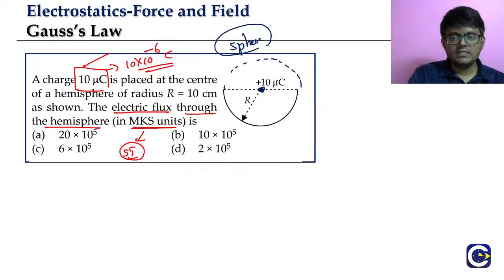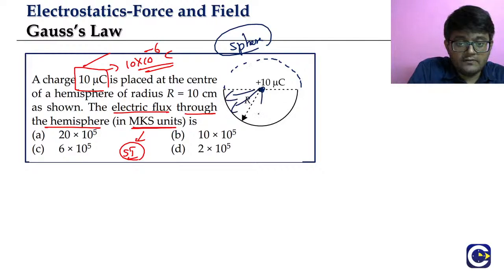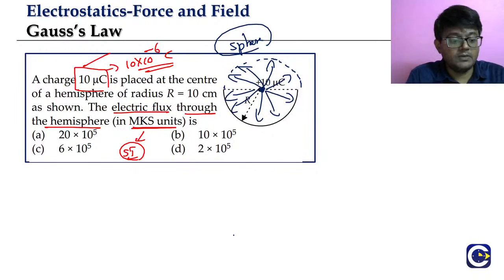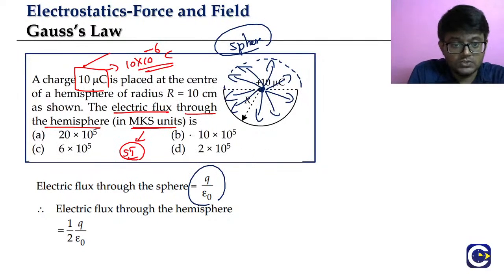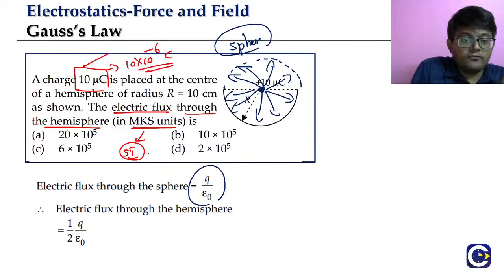இப்ப பாருங்க, charge is a charge inside. என்ன தெரியுமா, the flux through that full sphere. What is the flux through full sphere? It will be Q by epsilon naught, ஏன்னா Q உள்ள இருக்கா. So Q is what? The 10 microcoulombs. Okay வா? But flux through the hemisphere,